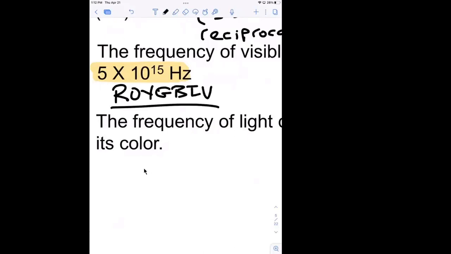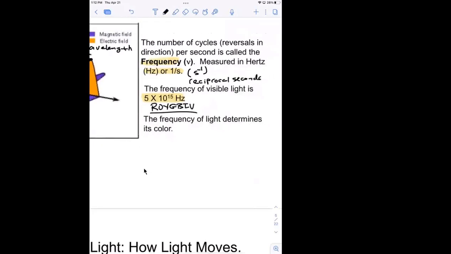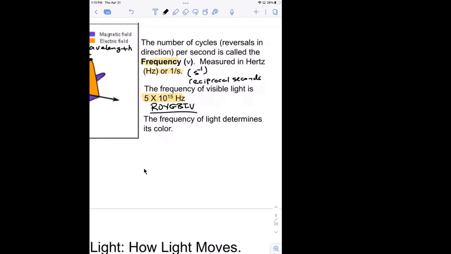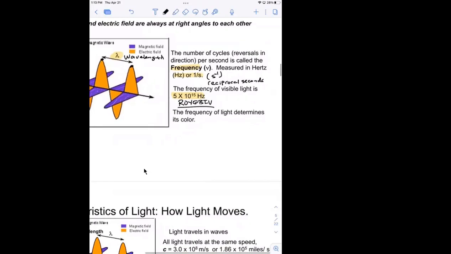The Roy G. Biv spectrum: red, orange, yellow, green, blue, indigo, and violet. The frequency of visible light is somewhere in the range of 5 times 10 to the 15 hertz. That's the range. The color is determined by the frequency. So whatever the frequency is, if it changes, then you also change the color that your eyes see. All right. So when we think about frequency with light, it is the number of times that point on the